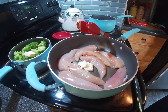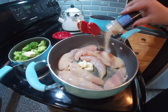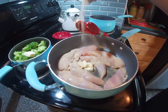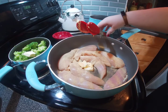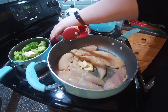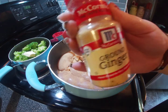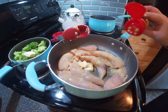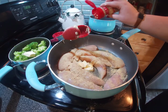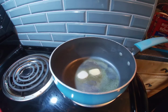So it's time to season the chicken, and you can do different seasoning if you like. You can do salt and pepper and stuff like that. I just decided not to do any salt, and I really don't care for pepper that much unless it's on the food, like after it's already cooked, I guess. Then here's the ground ginger,